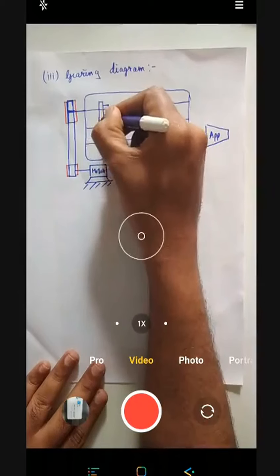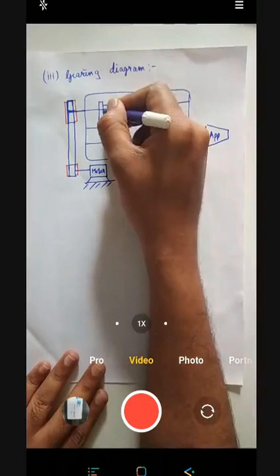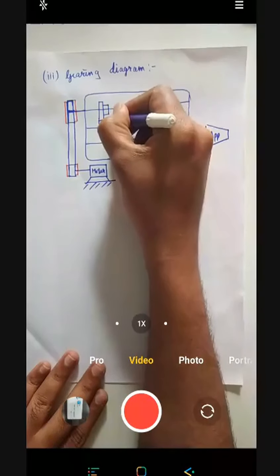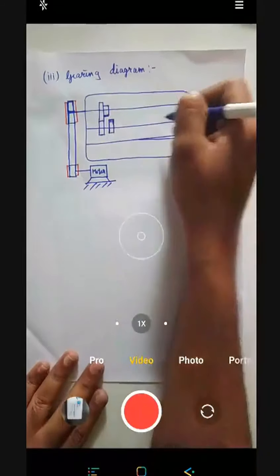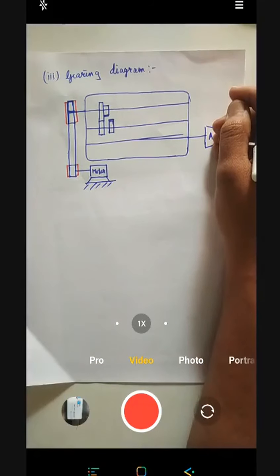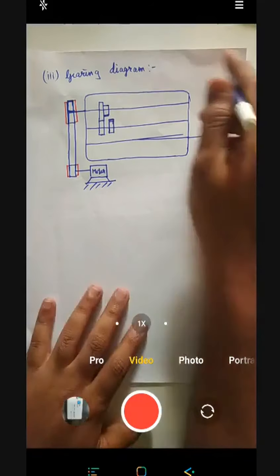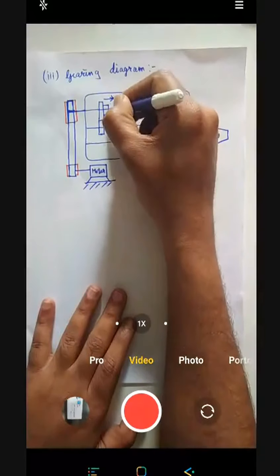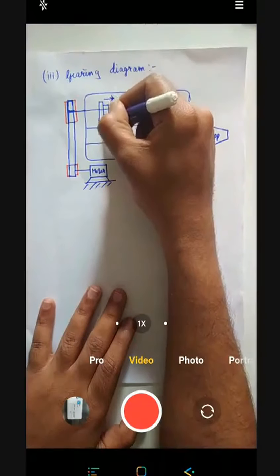We will use some shifting mechanism. If we use one shifting mechanism and shift this, these two will come in contact. These two will come in contact. आया समझ में? तो दूर दूर बनाना है आपको. You have to draw it slightly ahead. So this way, if we shift, this gear and this gear will come in contact, and the contact between